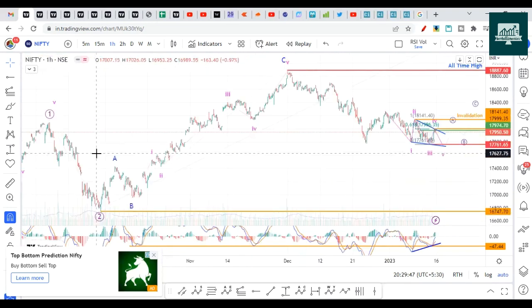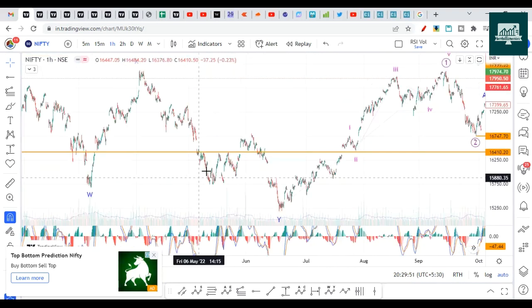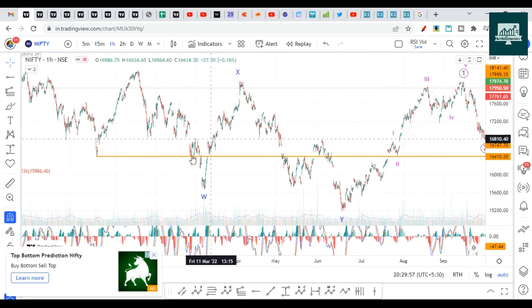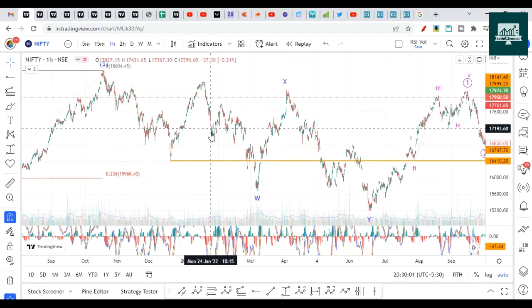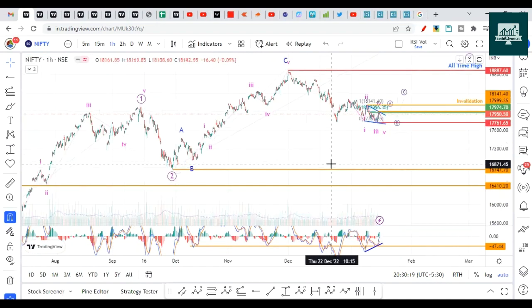We observed a similar pullback last time as well during the budget, and I think the budget was somewhere here, not here. Yeah, here. So this was the drop before the budget in Jan itself. Then we had a pullback here, and on 1st Jan the budget was announced. For 1 or 2 days it looked bullish, and then we had a sharp drop. So a similar move can happen here because of our analysis as well.